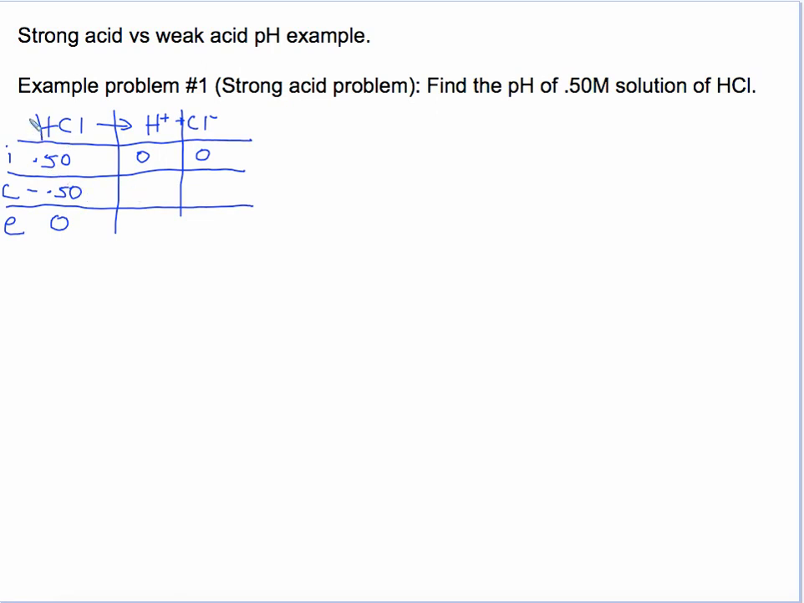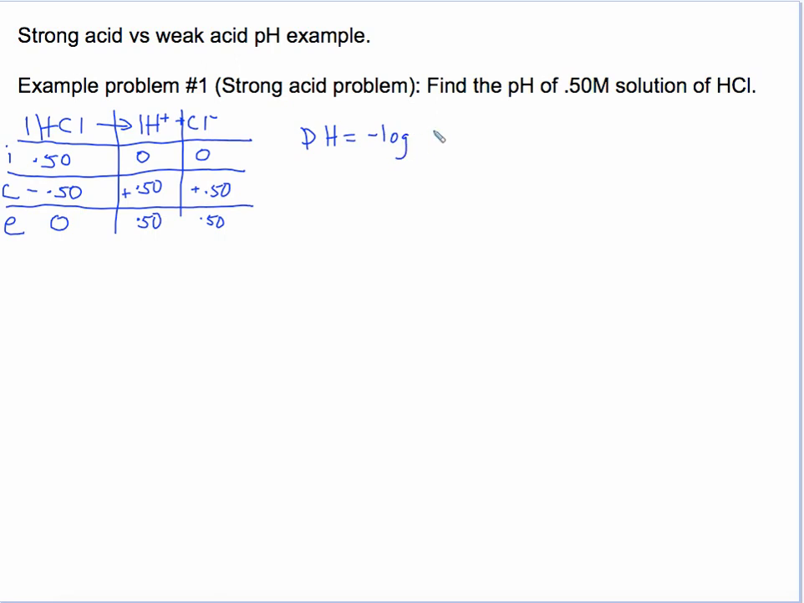Because of the mole ratio, if this is 1 and this is 1, if the HCl goes down by 0.5, the H plus has to go up by 0.5. And so at equilibrium, you have 0.5. The chloride ion also goes up by 0.50, so at equilibrium, you have 0.50. Now, to find the pH,